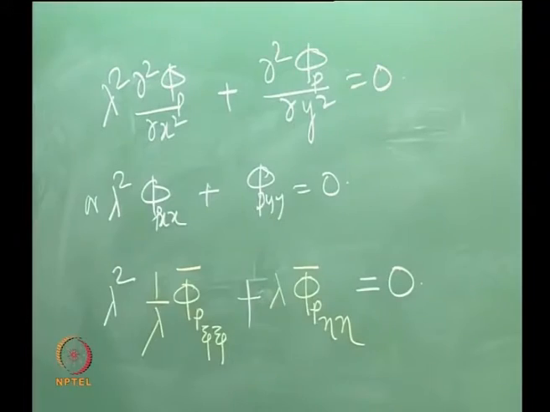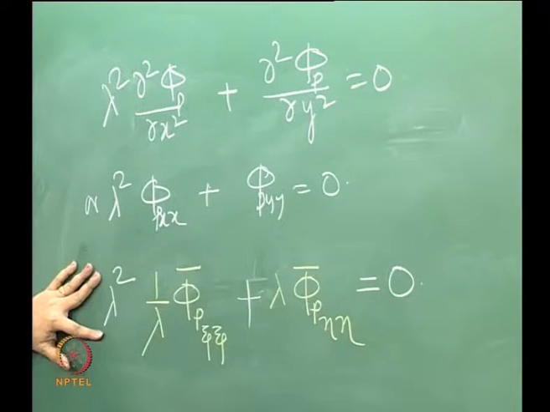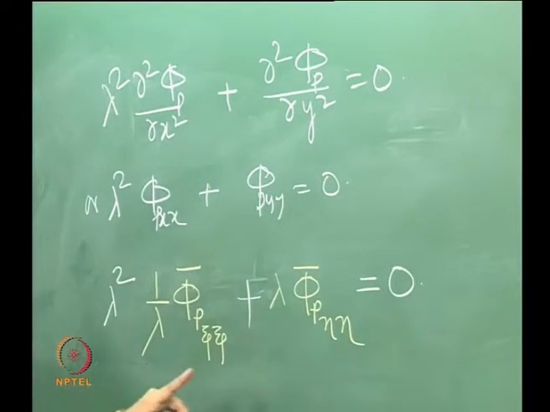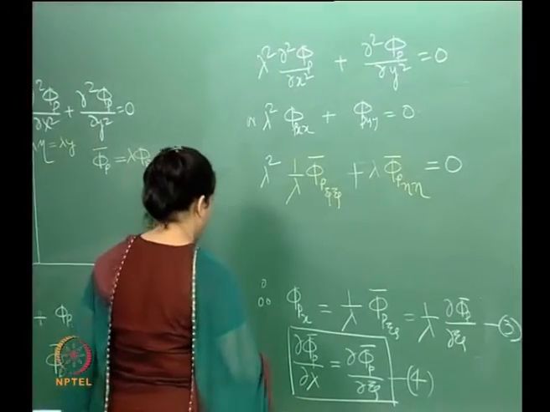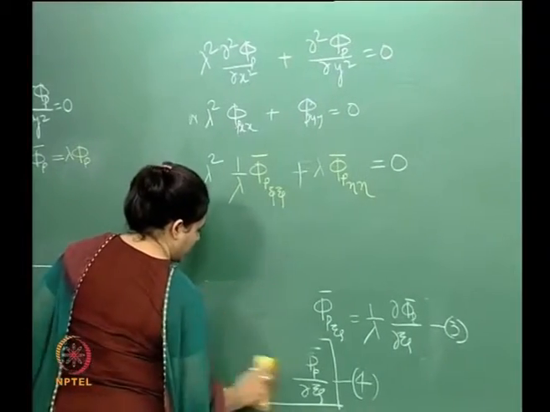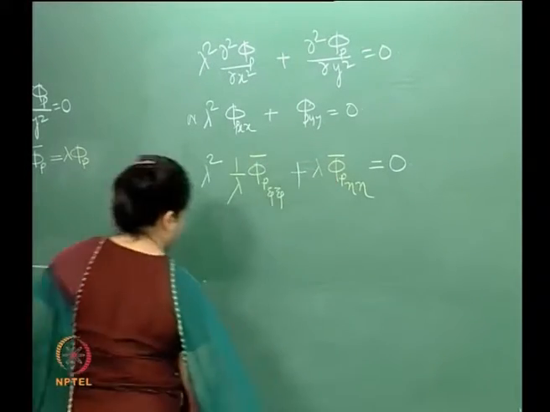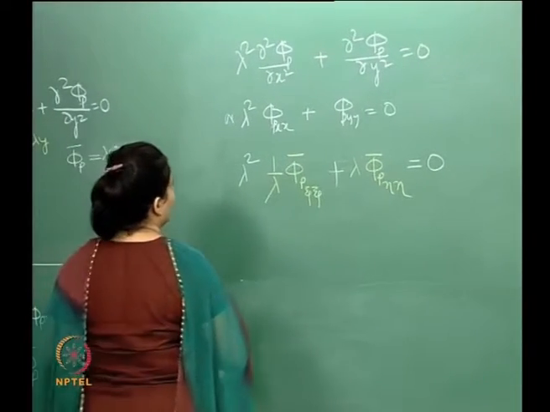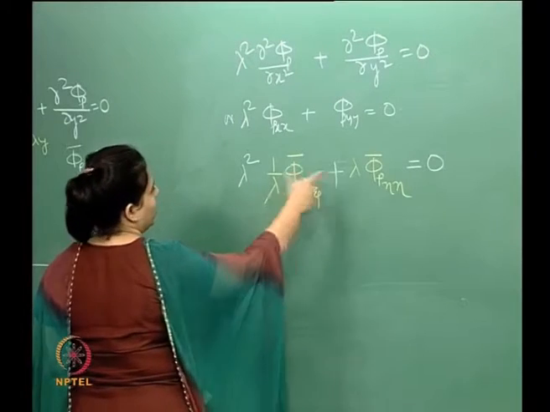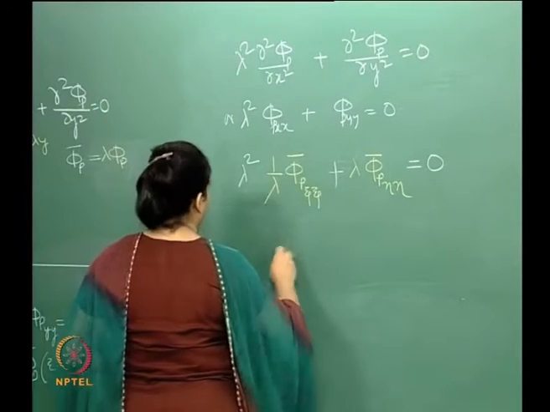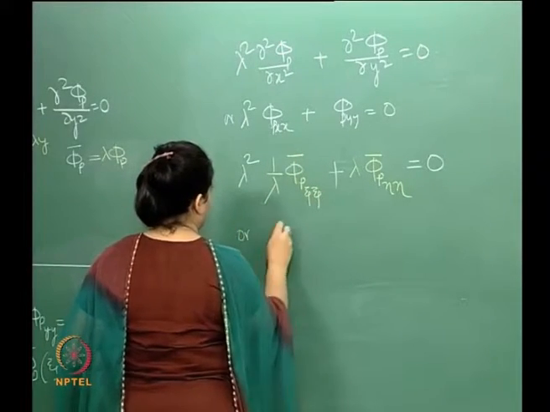So, this is our x y coordinate system and this is our transformed coordinate system. Now if I write this out, let us see what we get. Basically the lambda cancels out. So, what we have from here